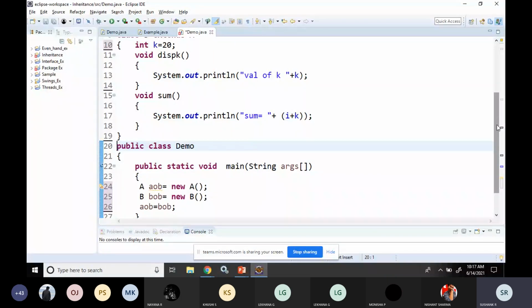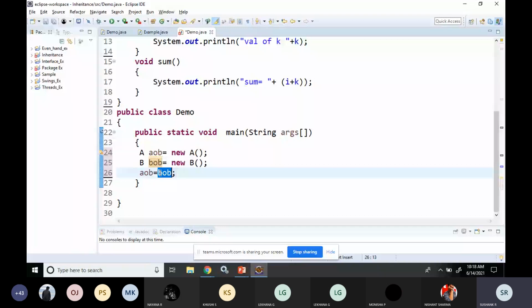Here I created two objects, AOB and BOB. BOB is a subclass object which I'm assigning to the superclass object.